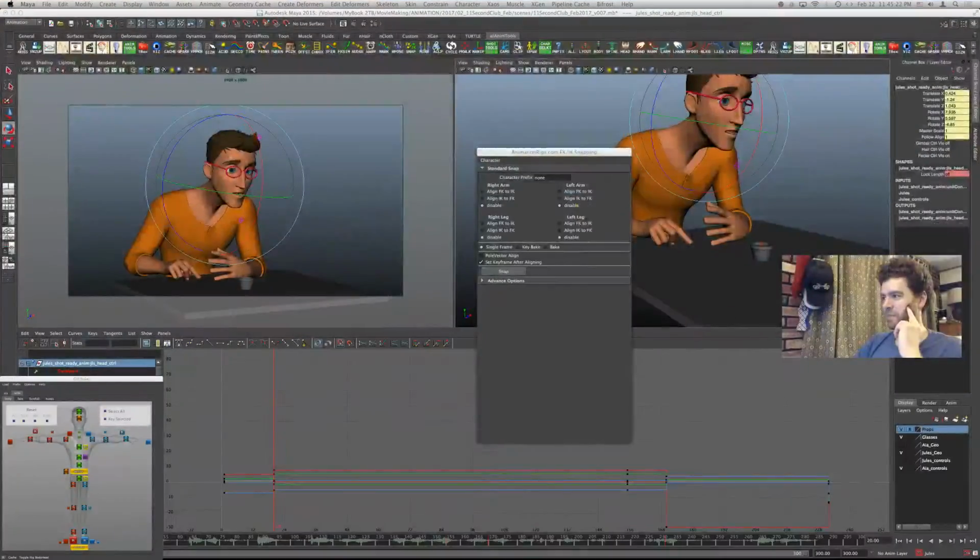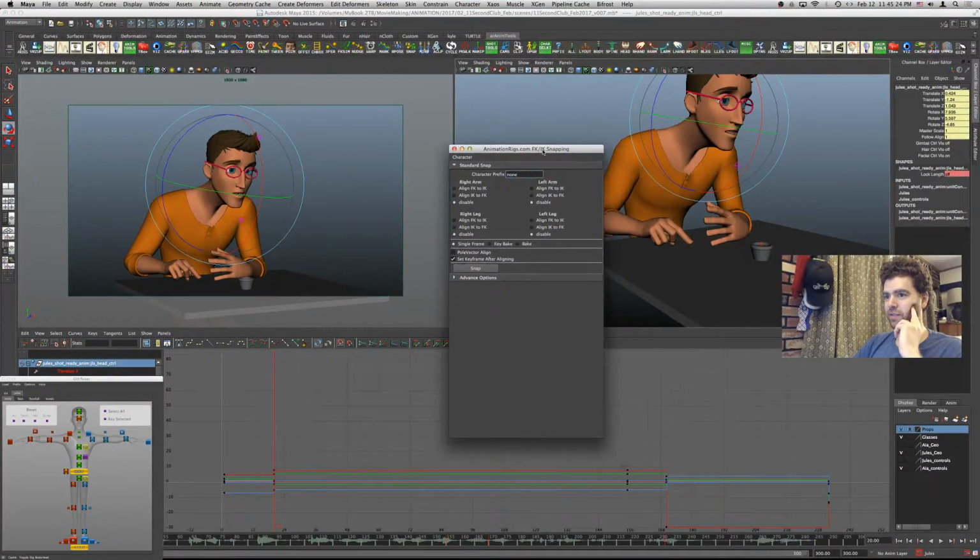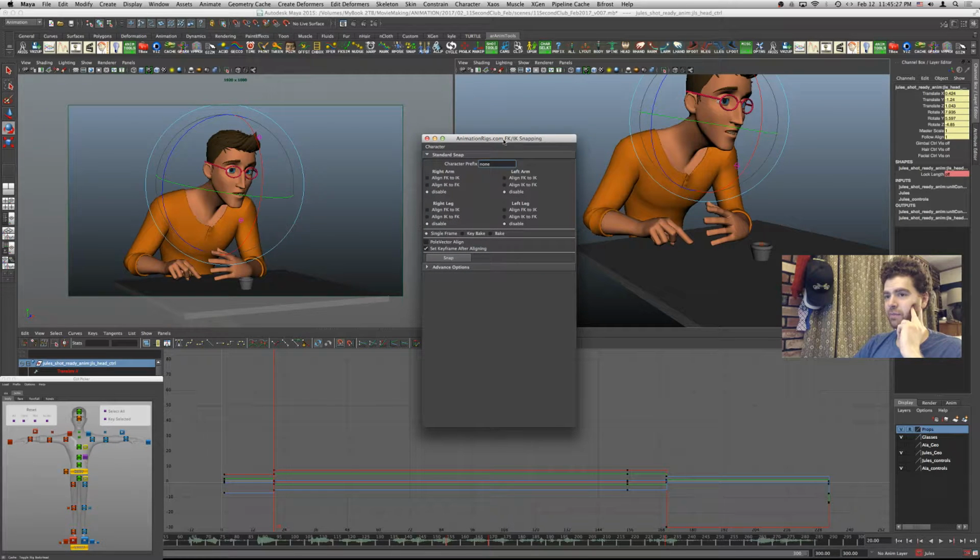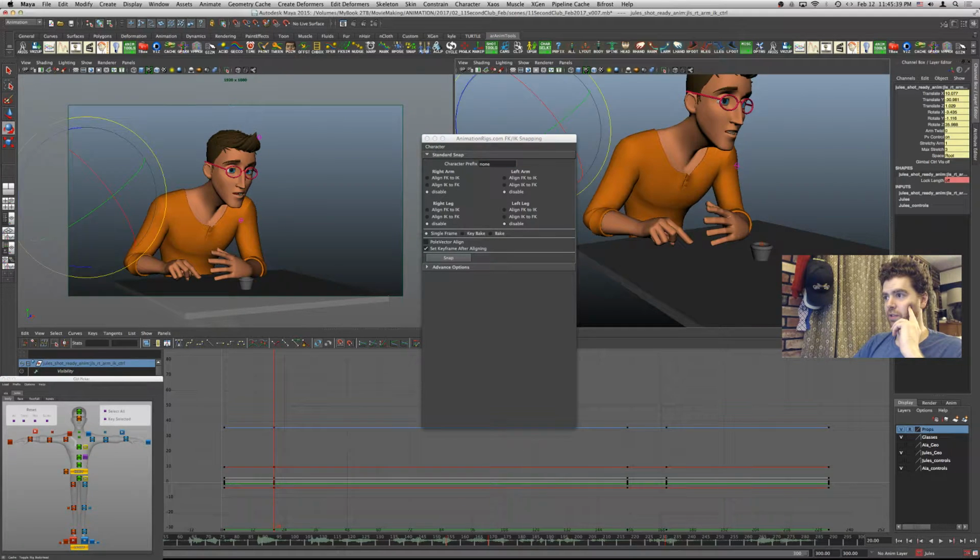So let's see. Well, let's find out if this works. This is this animationrigs.com snapping tool, and it says character none, so I'm not sure if this is going to translate at all.